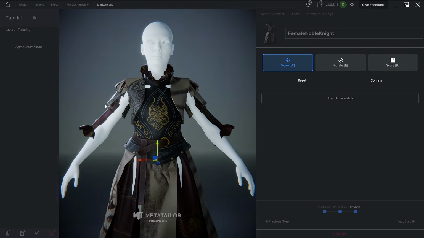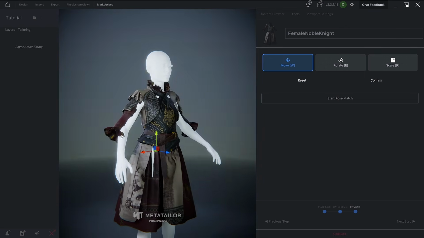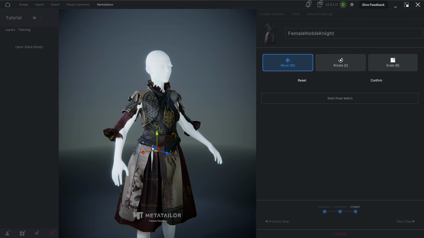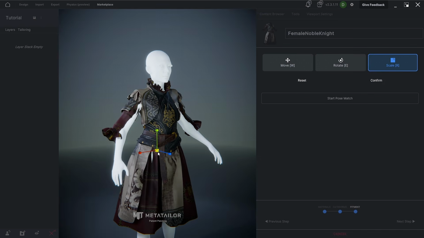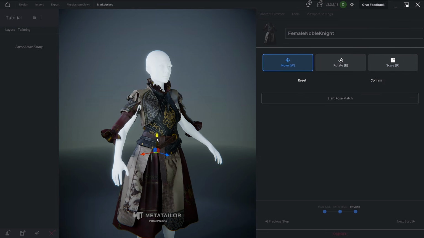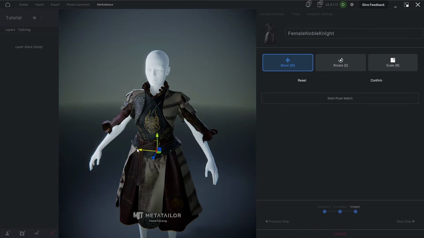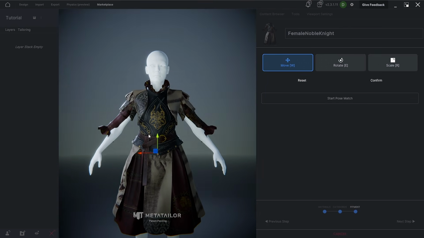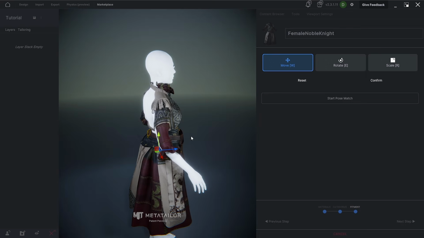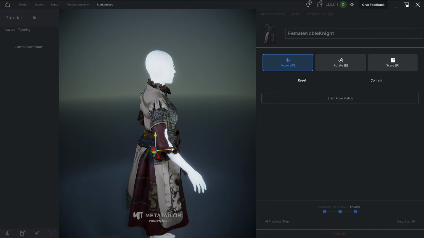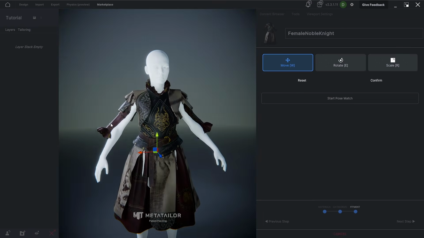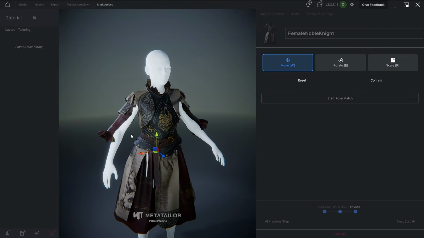There are a few overlaps, but that's okay. We can fix them in the posing stage. In fact, sometimes these overlaps are necessary to ensure the outfit fits correctly. The outfit looks good to me, so I'll press Confirm.